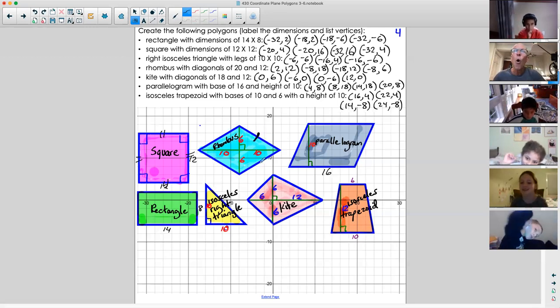Gabby, all the sides of a rhombus are equal. All the angles of a rectangle are equal. And if you take a rectangle and a rhombus and smush them together, you have